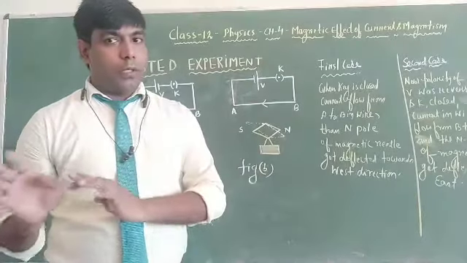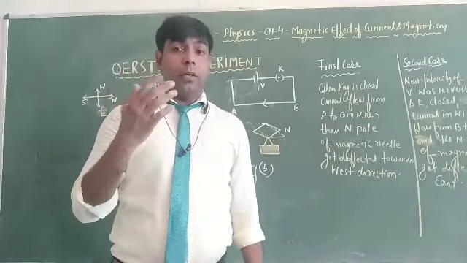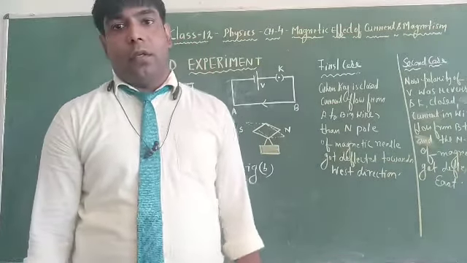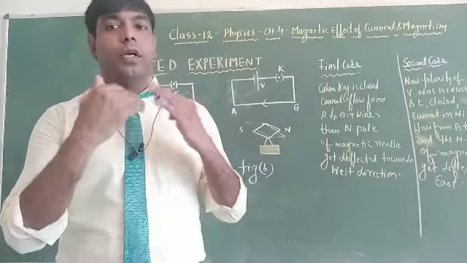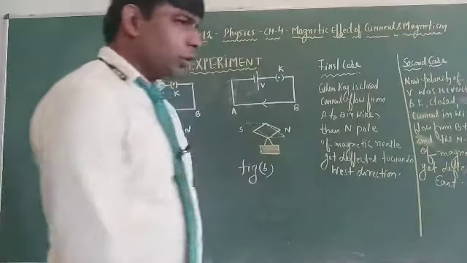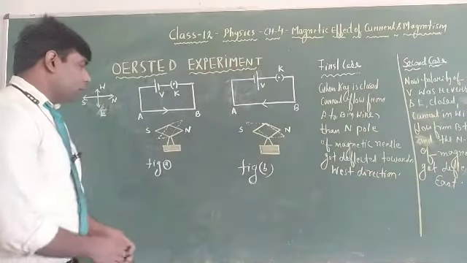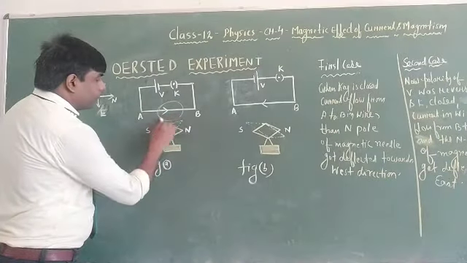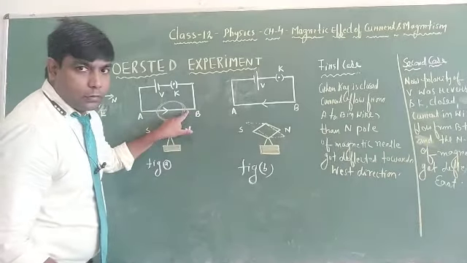First, current will flow in a conductor, then a magnetic field will be produced. Also, the direction of the magnetic field will depend on the direction of the current. That is, if we reverse the direction of current, then the polarity of the magnetic field will change. That is, the polarity of the magnet developed will change, right? Because you know a magnet has two poles, north pole and south pole, right? Now see what it is. Here, let us say a magnetic field is developed, right? See, the north pole is attracted, right?